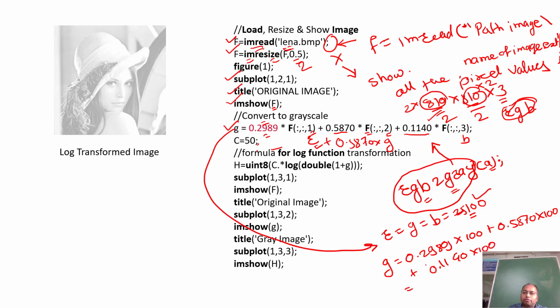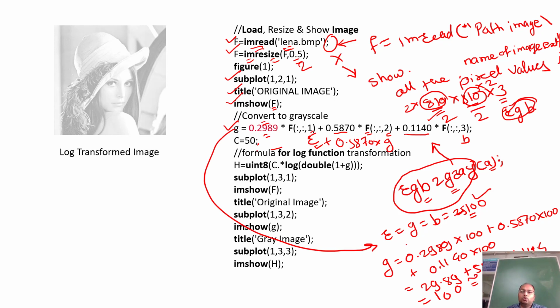So what is the value? It is 29.89 plus 58.70 plus 11.40. Let me calculate this: 29.89 plus 58.7 plus 11.4 results in 100. The gray level information is actually 99.99, which I have approximated to 100.